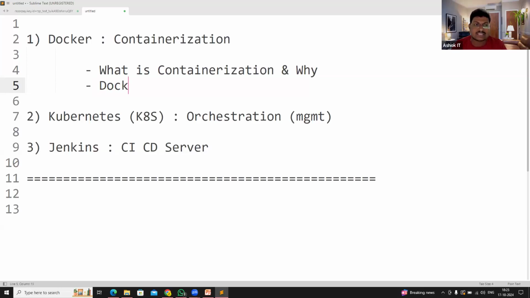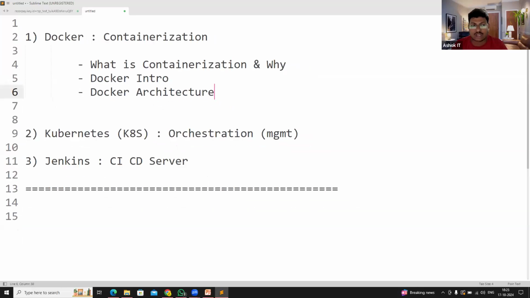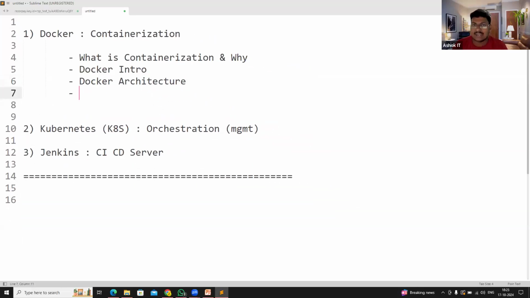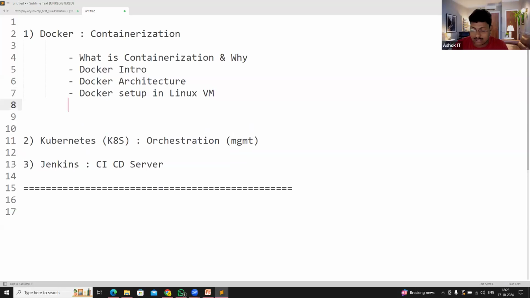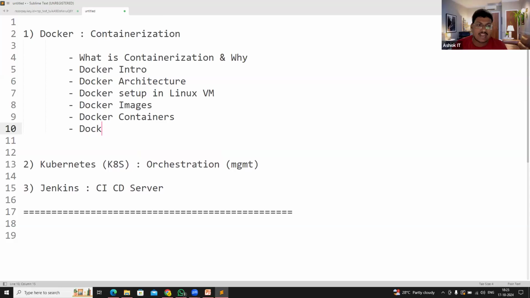Then we are going to understand the Docker introduction. Then we are going to learn about Docker architecture. What is Docker? What is the architecture of Docker? Then we will understand how to do the Docker setup in a Linux VM. We are going to take one Linux virtual machine and set up the Docker software in it. And we are going to understand Docker images and Docker containers,